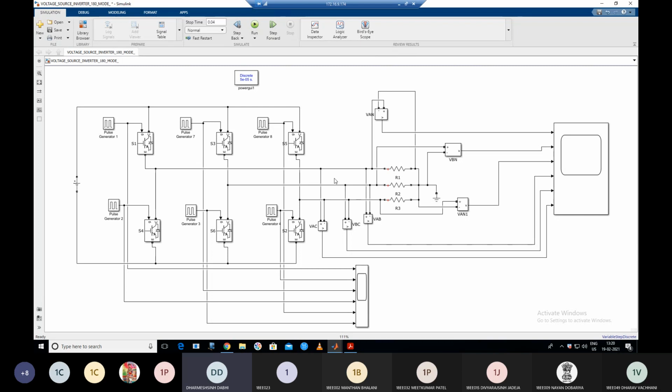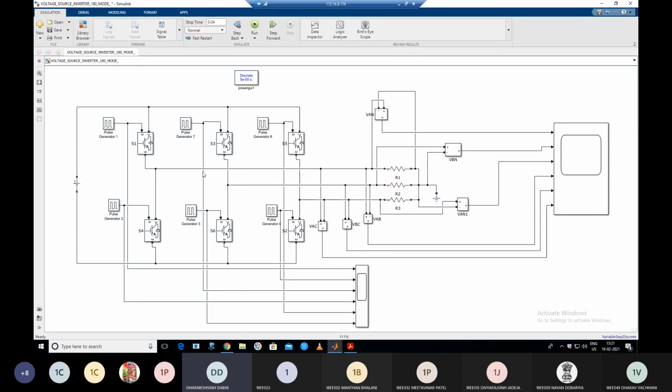So in this simulation practical we will first do the 180 mode of inverter. Here you can see in this MATLAB simulation, I already built it. We have used 6 IGBT with anti-parallel diode switches. You can see the 6 switches S1, S2, S3, S4, S5 and S6. I gave the names of all the switches based on the sequence in which they are turned on. So switch S1 turns on first, then S2, S3, S4, S5 and then S6. Clear? So there are 3 legs.